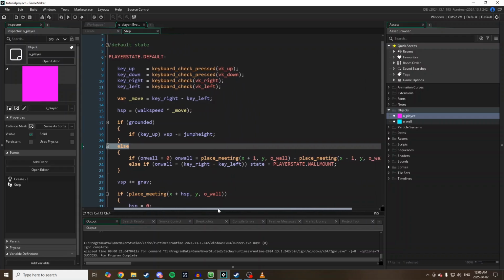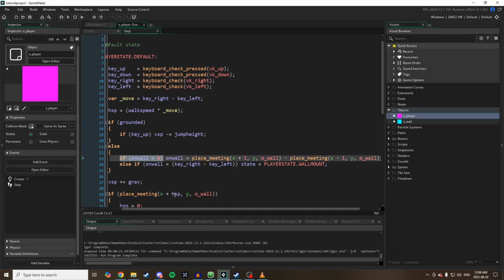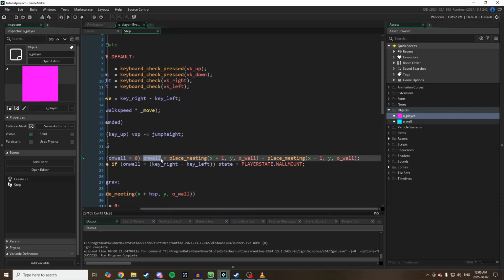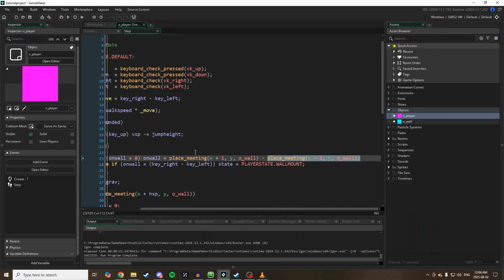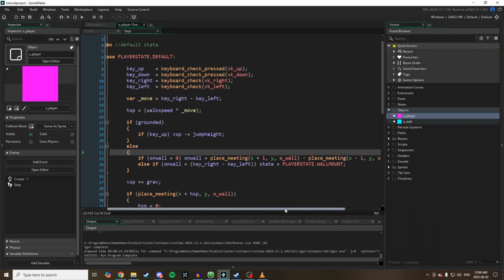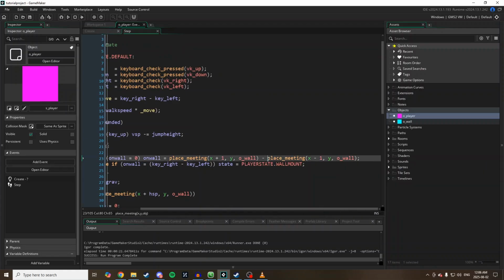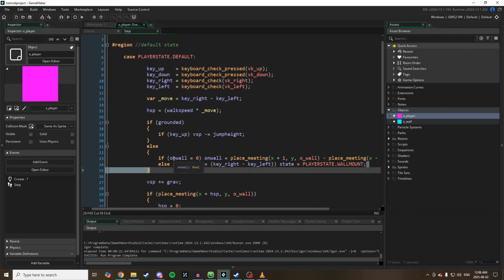So if I'm not on the ground, and if onWall equals 0, I'm saying that onWall equals place_meeting(x + 1, y, oWall) minus place_meeting(x - 1, y, oWall). And the reason why I'm able to do this is because place_meeting is a Boolean, and it returns either a true or a false, a 0 or a 1. And I can use that to figure out what direction I'm hitting a wall in. So if I'm hitting a wall to the left, x minus 1, and I'm not hitting a wall to the right, which is x plus 1, then it's going to be 0 minus 1, and that's going to give me -1, which is going to give me the direction of the wall,